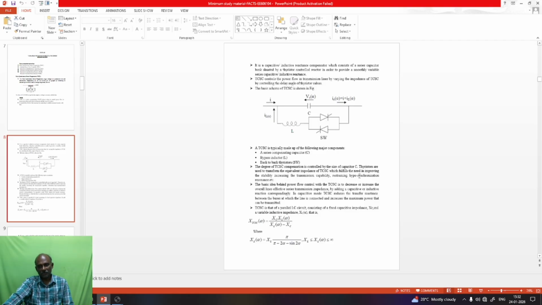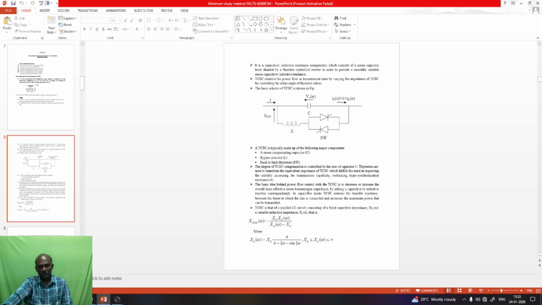So subsynchronous resonance is very, very important. By avoiding it between the reactances of the system, we can avoid the resonance. If resonance takes place, the capacitive and inductive reactances are equal, so the system is purely resistive, and we have high current and high voltage on the system. So the resonance should be avoided.